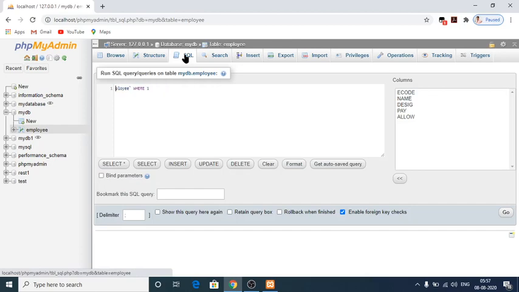So see here, insert into employee values, and within